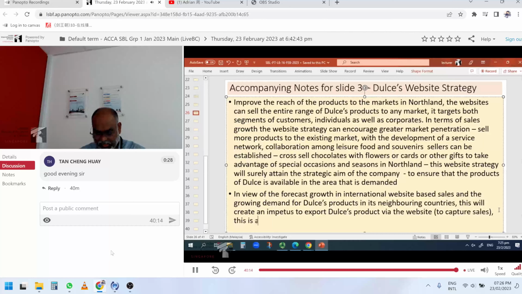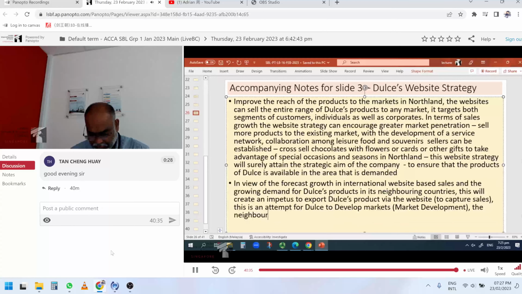So this is an attempt for Dulce to develop markets, or in other words, market development. The neighboring countries are already aware